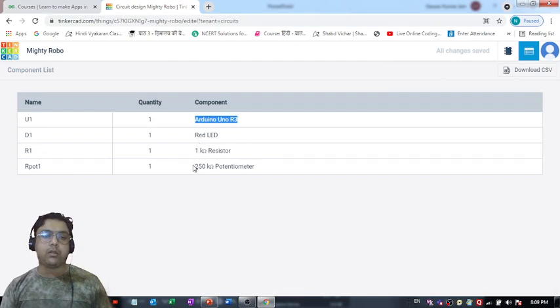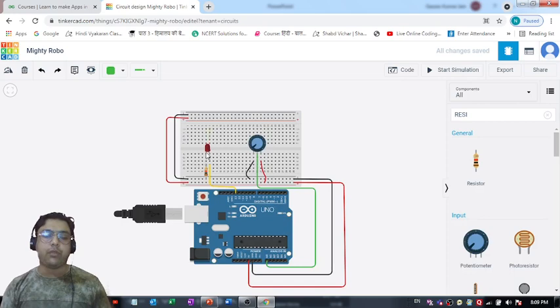Then I brought a breadboard, which is not getting reflected over here, but I used a breadboard also. Then a red LED, a 1 kilo ohm resistor, and a 250 kilo ohm potentiometer also I have used. Right, so there are 5 things which I've used: 1, 2, 3, 4, and 5.